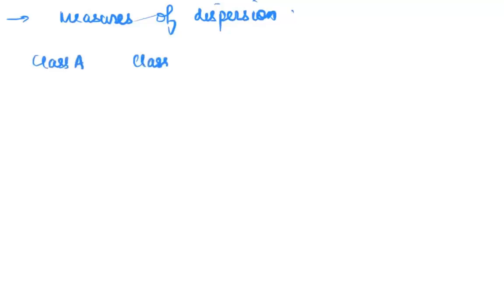Now move over to measures for dispersion. And this is where our problem will get solved. Let's keep the classes the same. Let's say class A, class B. Class A was 7, 8, 9, 11, 12, 13. Class B was 1, 2, 3, 17, 18, 19. These were our classes. Both mean and median are making a fraud out of us.